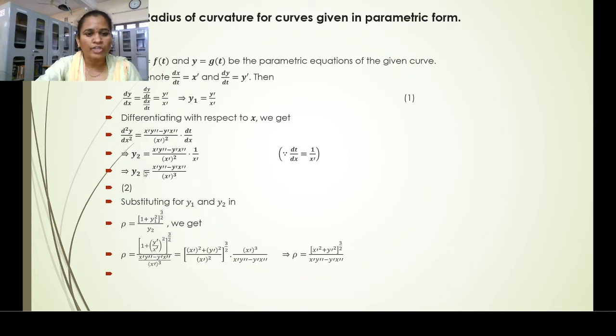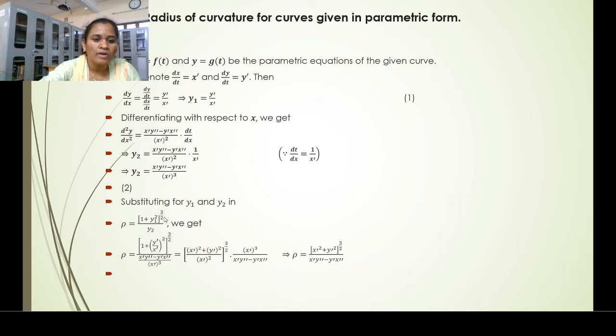Then y2 becomes x dash y double dash minus y dash x double dash divided by x dash square into x dash, which becomes x dash whole cube. This represents equation 2. Substituting for y1 and y2 in the formula, rho is equal to